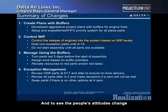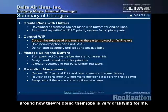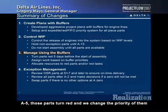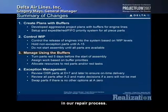And to see the people's attitudes change as they don't have this huge backlog of work, and they're able to have a little bit more stability around how they're doing their jobs, is very, very gratifying for me. But we hold those parts until A-15, and we don't start assembly until all parts are available. So that's controlling WIP. Managing using buffers. Like I said, at A-5, those parts turn red, and we change the priority of them in our repair process,